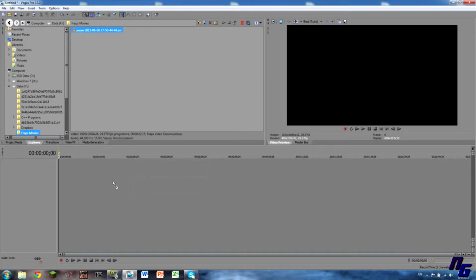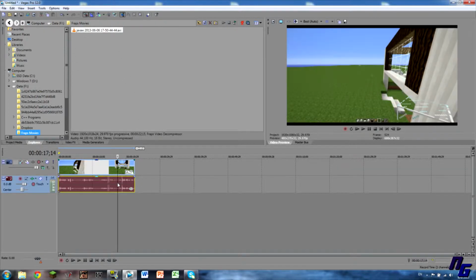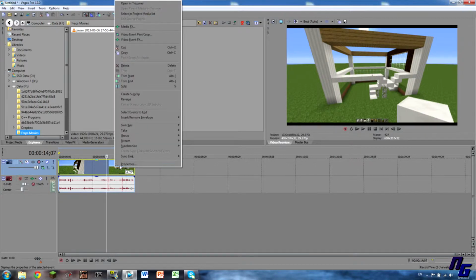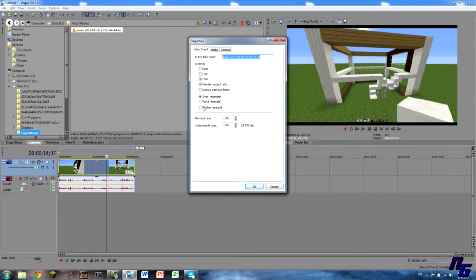So first of all, import your clip to the Sony Vegas Pro 12, and you might have heard this from many people, but right click on the video, click properties, and click disable resample and untick maintain aspect ratio. And what this does is